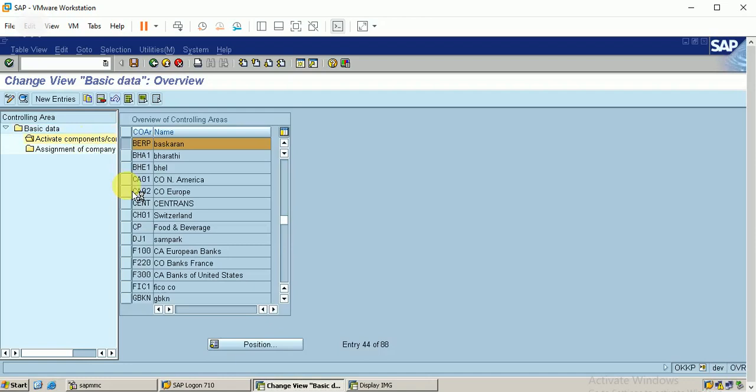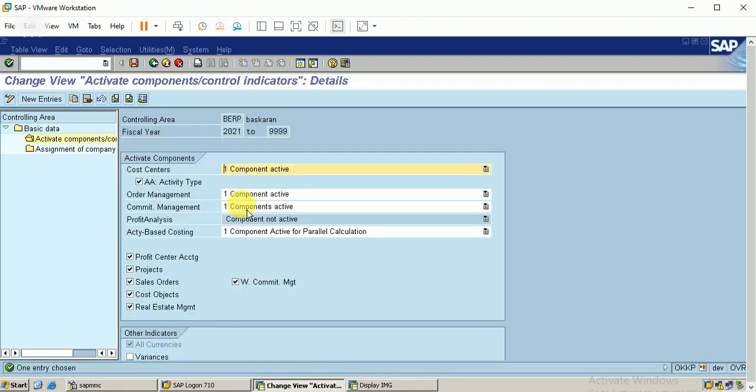I have already activated this in my previous video. I think it is in the purchase order, when I wanted to create my purchase order that is relevant to material management. I activated these things in that video. You just need to have these configurations in your system.